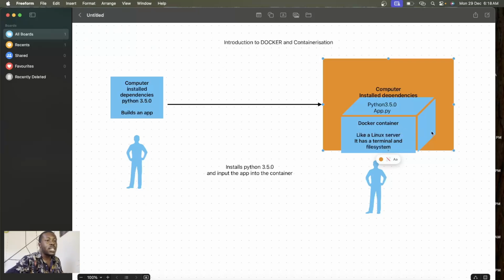So let's cite more examples. Let me reduce this. So I'll remove this so that I can reduce it.